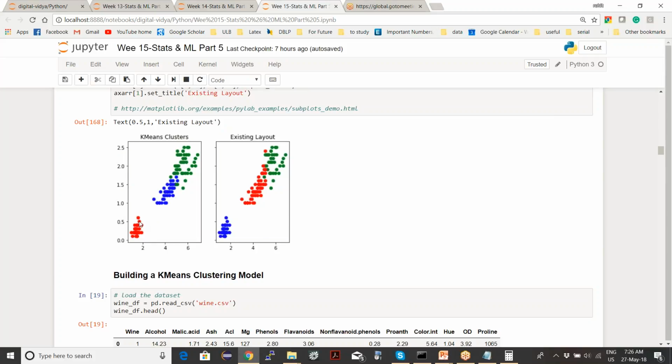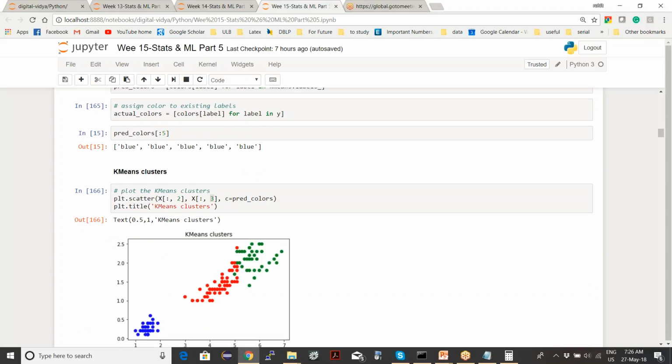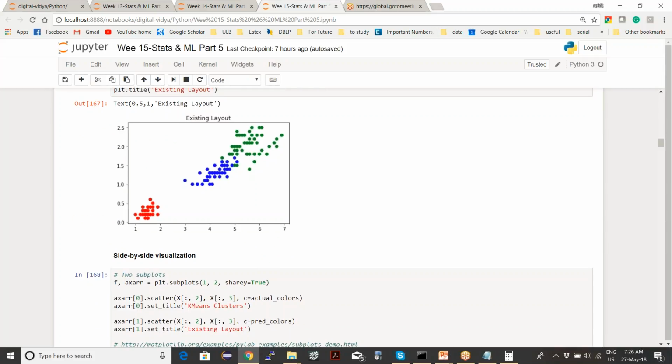I don't know. You could count for each group how many elements are in that cluster. Looks like the green one is the larger group.